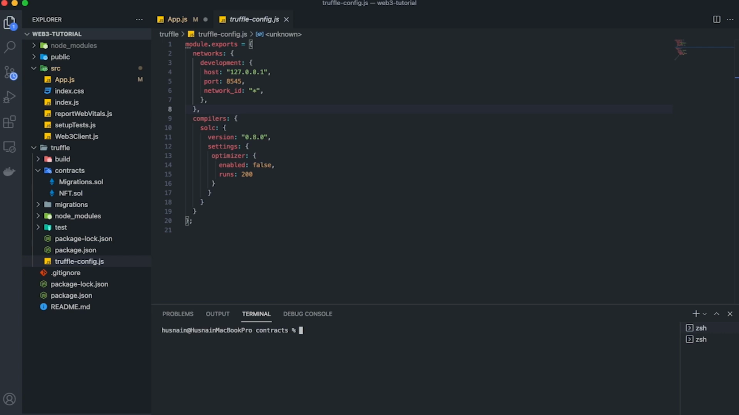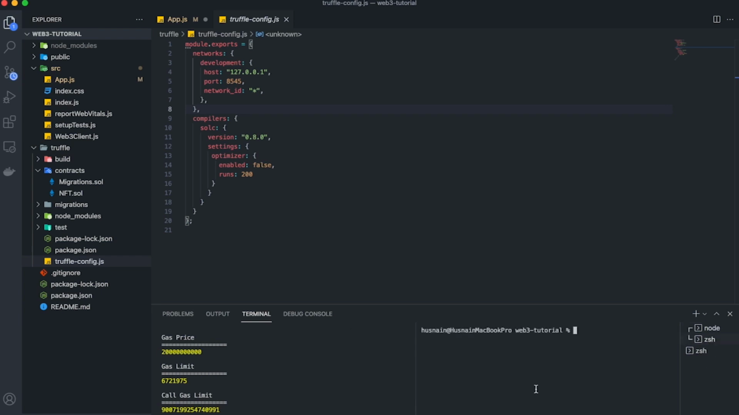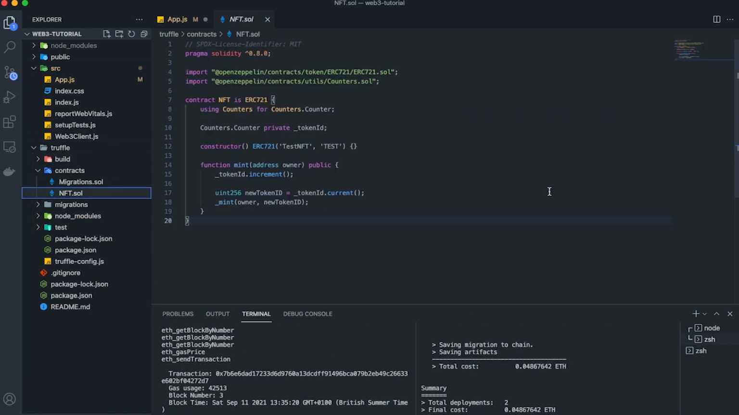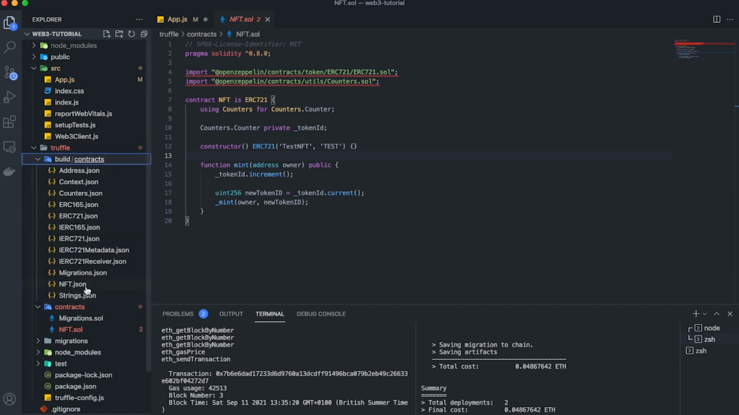So we'll go here and run npx ganache-cli, and that's it. Now we have a local blockchain running on our device. So let's deploy the contract first. What we'll do is npx truffle migrate. What Truffle will now do is compile the contracts and create this JSON file inside the